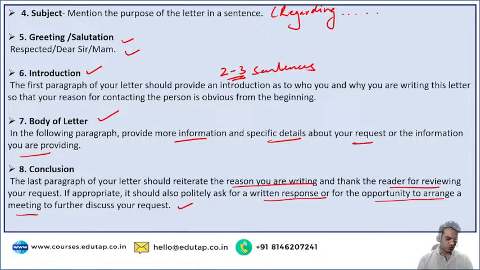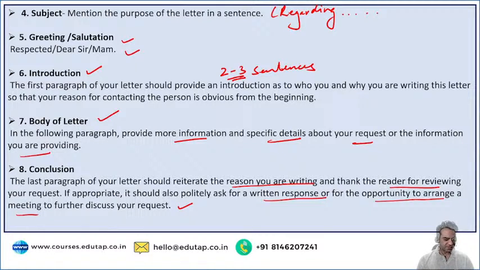In the receiver's address, no name is written, only the designation is mentioned, right? You're not writing to a particular person, you're writing to a designation. If I'm writing to the manager of the bank, even if I know the manager is Mr. Sandeep, I'll not be naming him, because by the time this letter reaches the bank and until it is processed, there may be another manager on the chair. He may be off duty, he may be transferred or whatnot. So you never write a letter to a person, you write a letter to a designation. Always remember that.